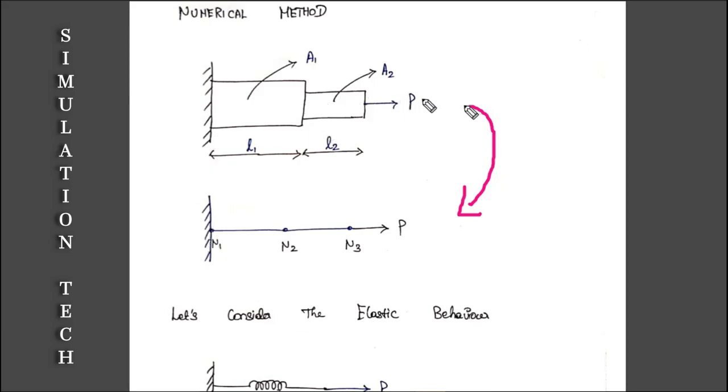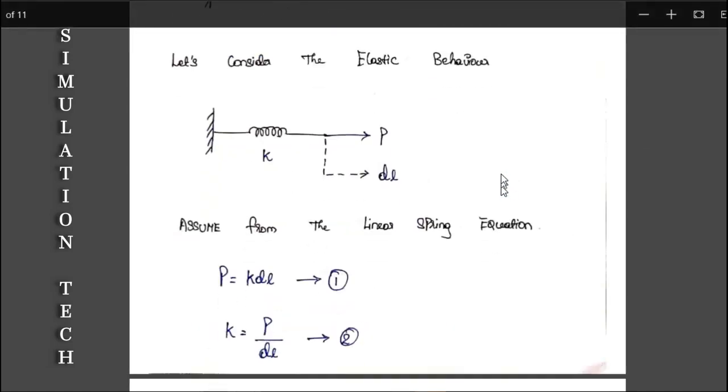If I convert this particular model into a line body, we have 3 nodes. I separate this two-step bar into two parts. This is my part 1 and this is my part 2, right. So here also I have 2 elements: this is my first element and this is my second element. I have 3 junction points, junction points 1, 2 and 3, which are called nodes, or you can say n1, n2 and n3. That is the junction point of the particular elements, element 1 and element 2, right. Hope you understand.